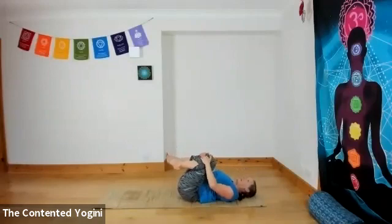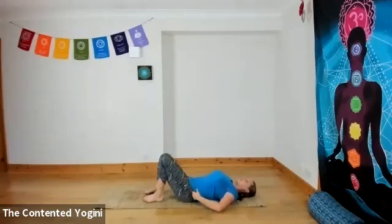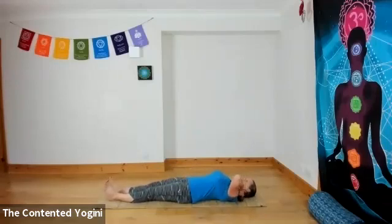Breathe in, release down, and just let your breath find its natural rhythm. Let your feet find the floor. And we're going to release the legs to be nice and long again. Arms can come down to the sides. So we're not going to do that practice again, but we're going to move into a little bit of different